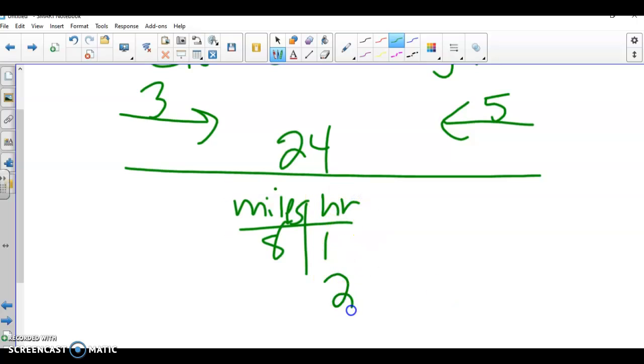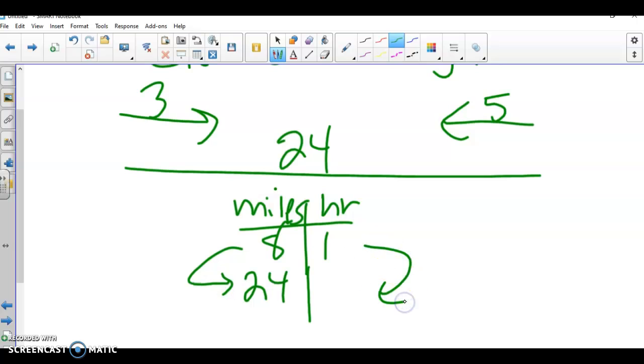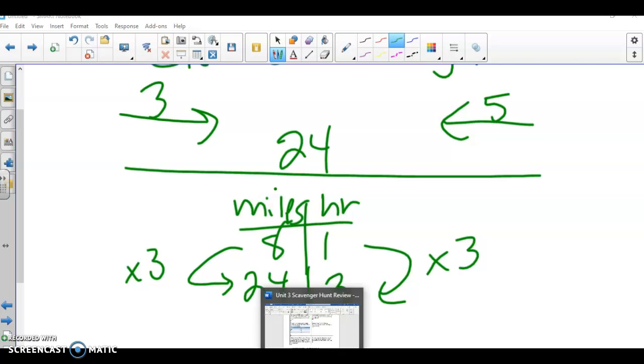Now they need to go 24 miles. I just made a mistake. Miles needs to go under miles. So 24 miles, how long will it take them? Well, let's do the math. 8 times 3 is 24. So 1 times 3 is 3. So it takes them 3 hours to walk together 24 miles. So let's go back to our paper and look for